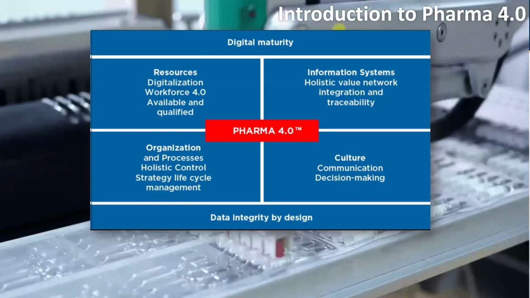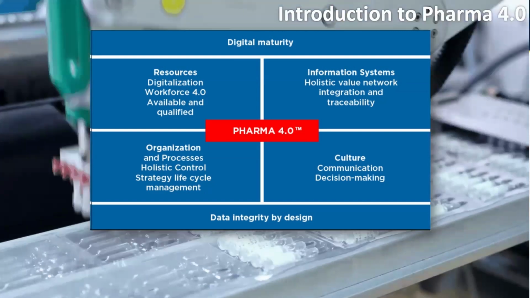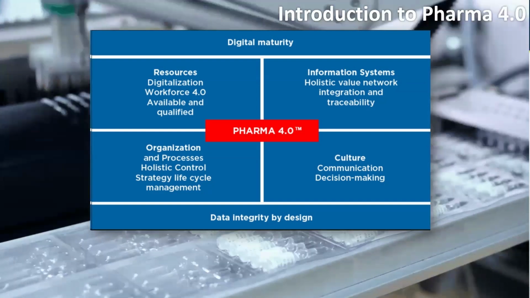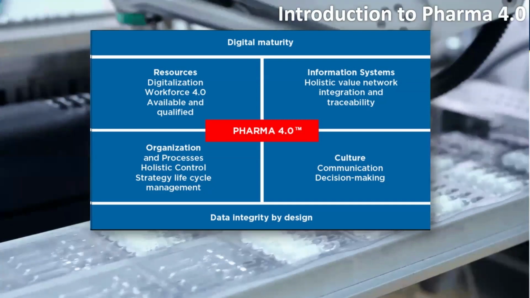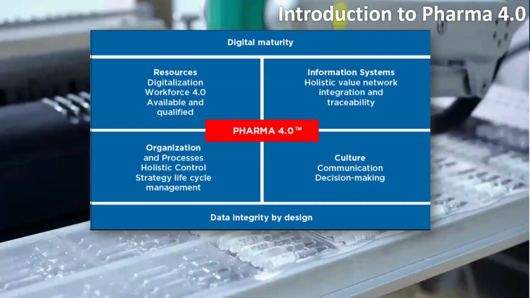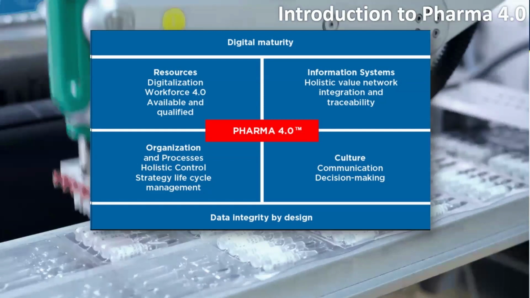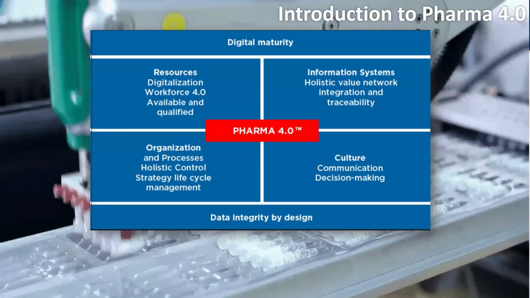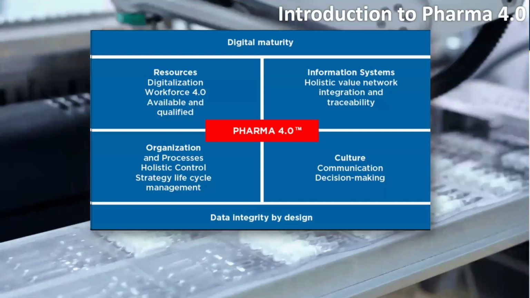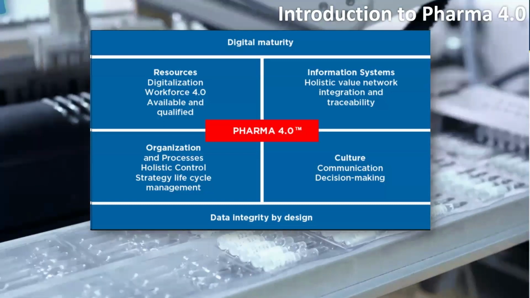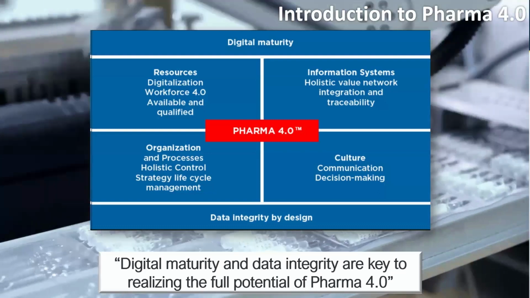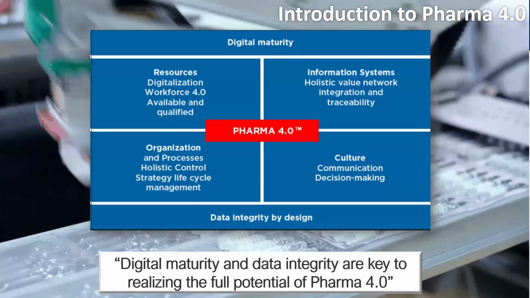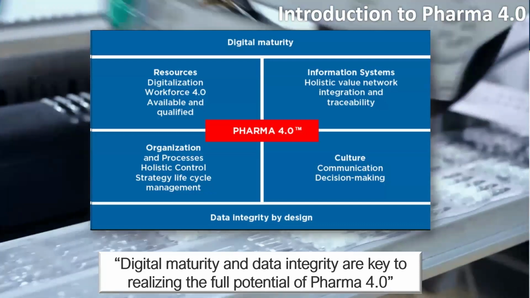And key aspects of Pharma 4.0 include the digitalization of operations, the data integration and the analytics, smart manufacturing, artificial intelligence and machine learning, advanced robotics and automation, continuous manufacturing, regulatory compliance, even down to supply chain optimization, and even looking at personalized medicine, looking at the rise of ATMPs and those personal medications that are being developed in that space. And as I said, the digital maturity and the data integrity are key to realizing the full potential